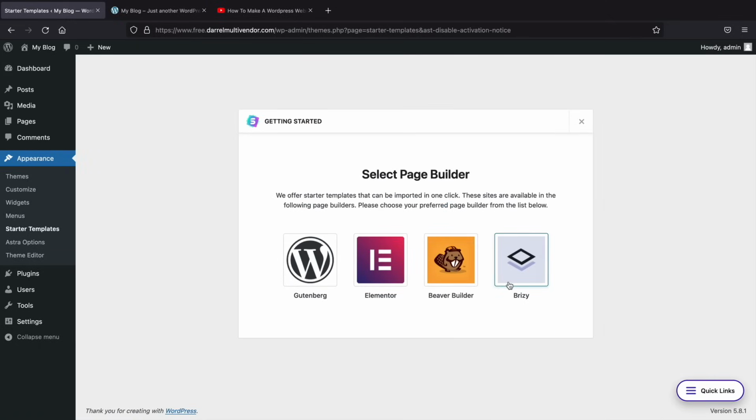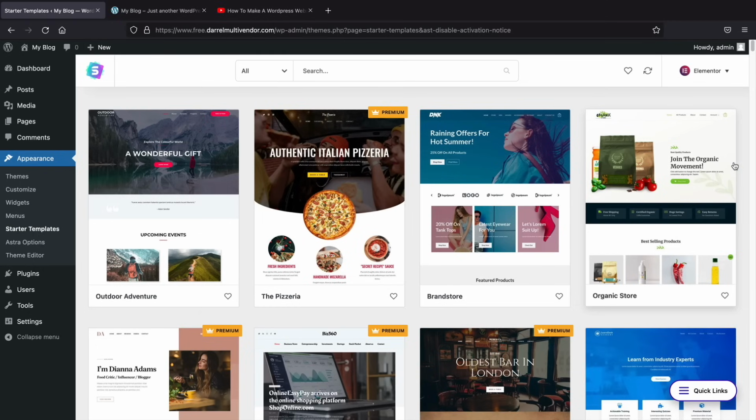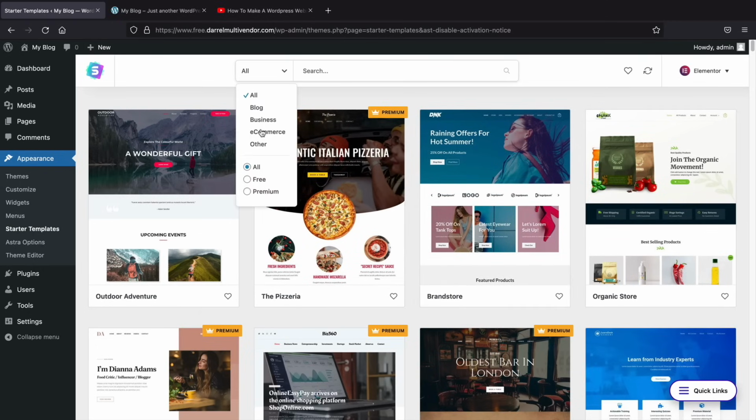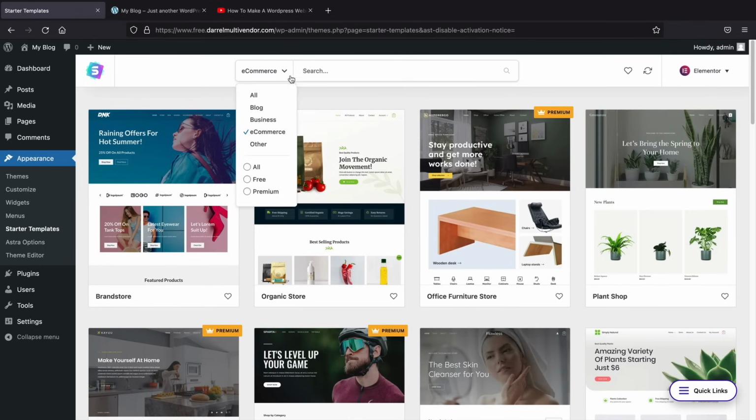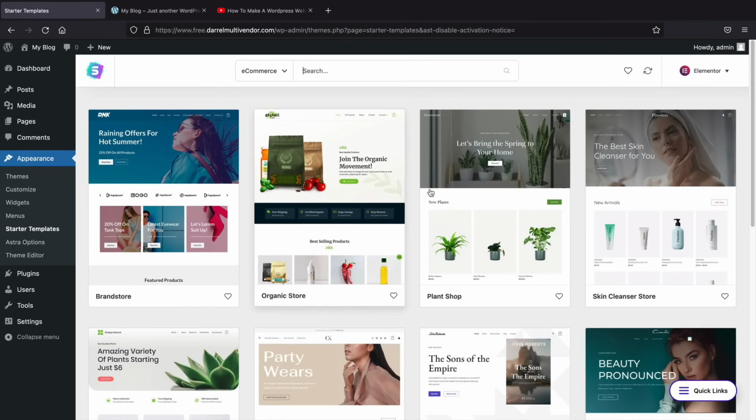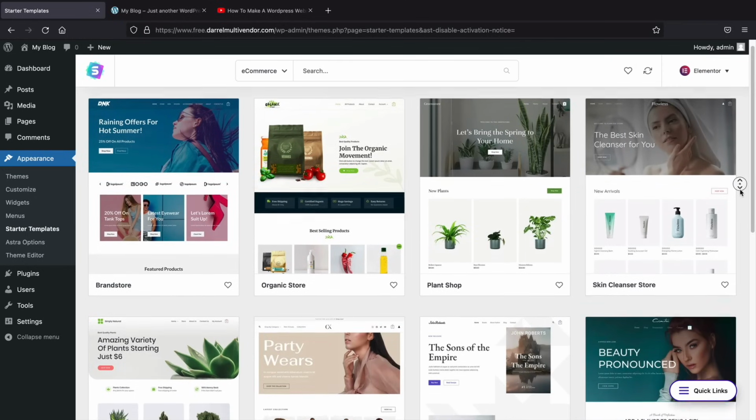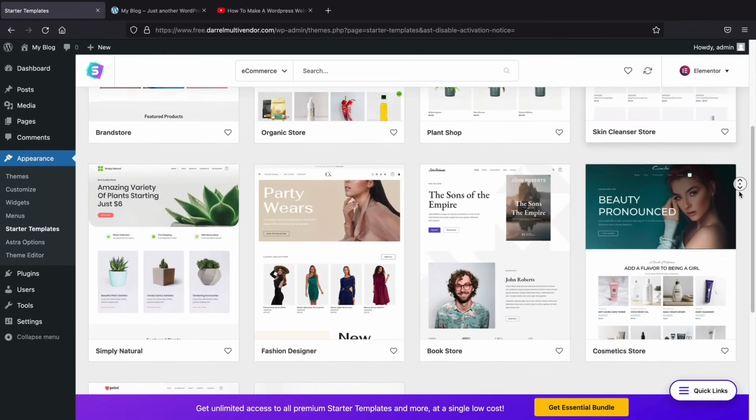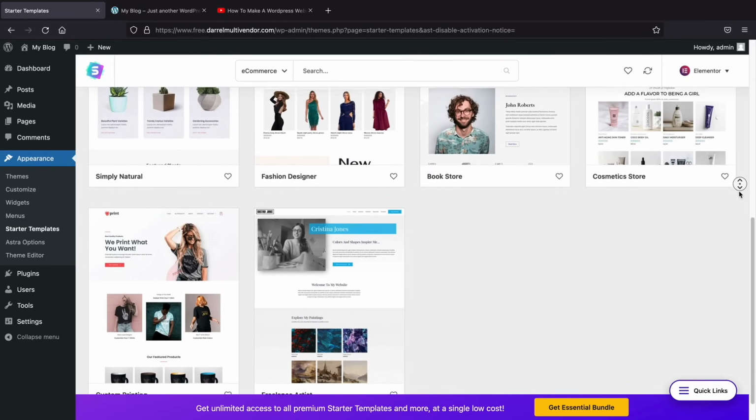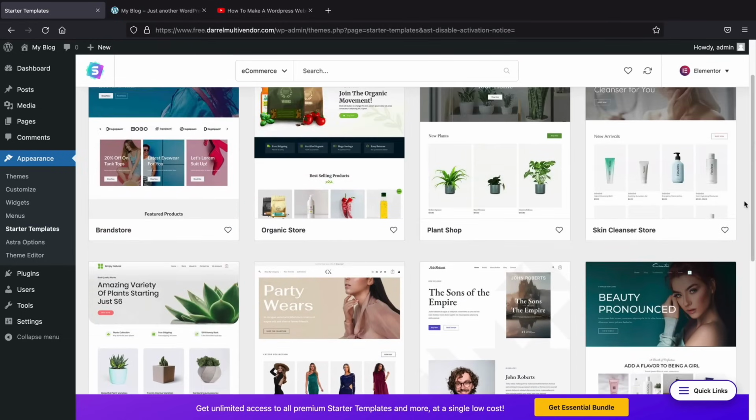All right, so we're going to select a page builder. We're going to be using Elementor for this video because it has some really good integrations with the Multivendor plugin. So let's click on Elementor. They do have tons of starter templates, but to organize this, let's go to All up here, and we'll go to eCommerce. If you want to see the free ones, we'll click on Free. These are all of the free starter templates that you can use, and they have some really nice demos. All you need to do here is click on a template